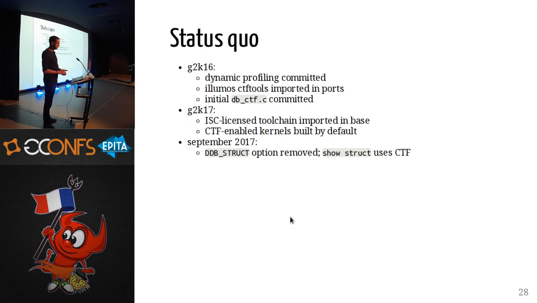And then about a year later, the tools were imported into base, and we actually built CTF-enabled kernels by default. So this was a huge step in moving forward and getting CTF to the people, as it were. Sometime after the hackathon, actually, one of our developers, DOG, committed code to remove the old DDB struct kernel compile time option and have show struct use CTF. So there was another way of moving forward and